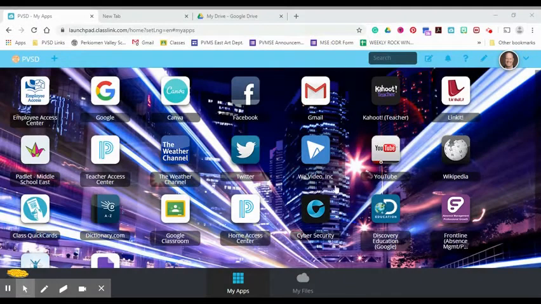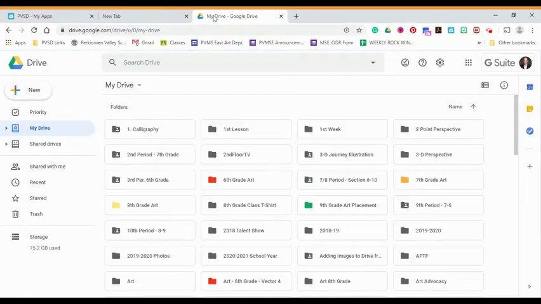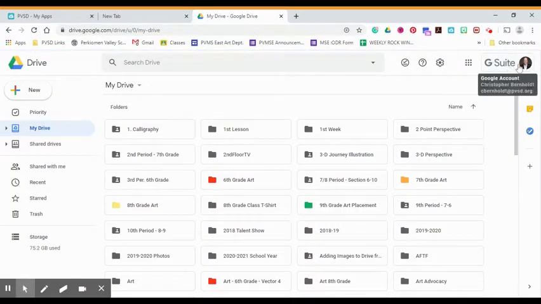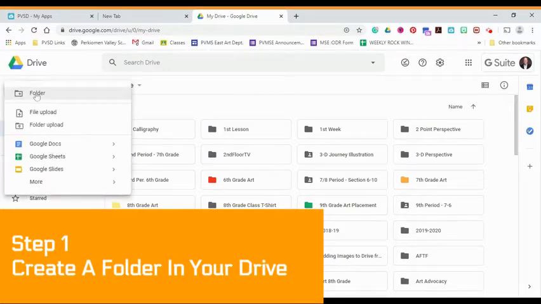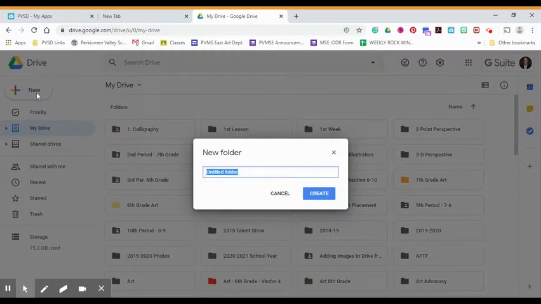Okay, so this is a tutorial on how to create a website. So the first thing that you want to do is click on Google and go to your Drive. Once you sign into the suite, you should see your name up here and your icon. And in your Drive, you're going to go over here to New and create a new folder